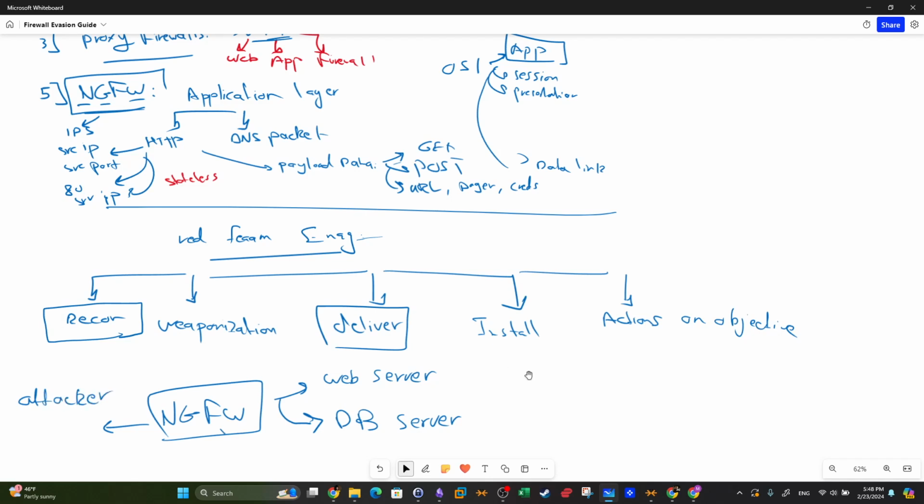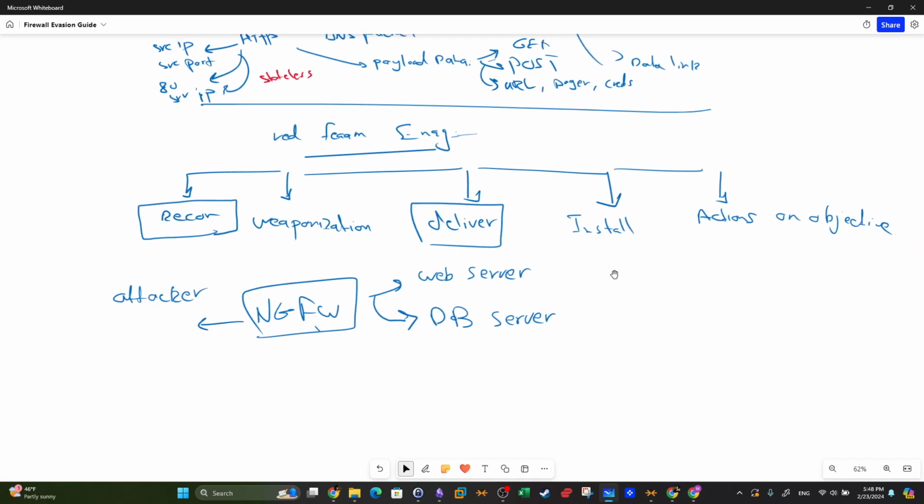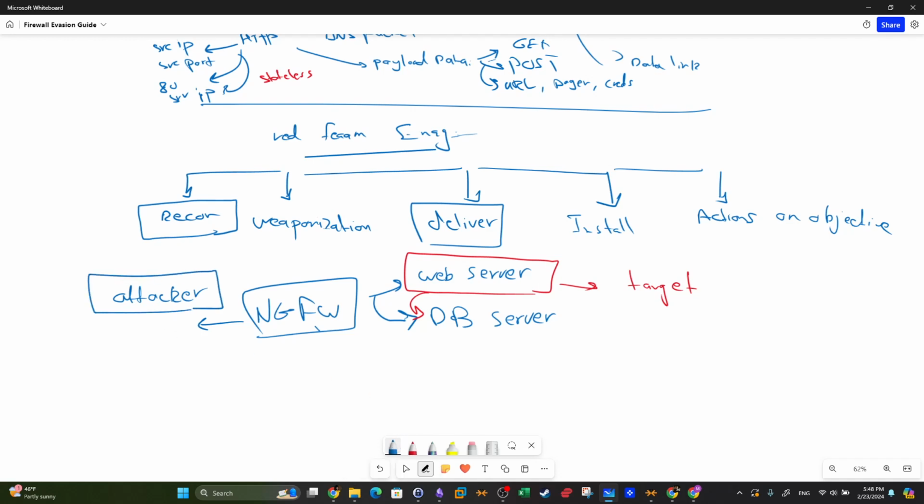Now, as an attacker, let's say your target here is the web server. We want to get access to the web server so that we can move laterally and exploit or gain access to the database server to download the database that holds all the enterprise data. So here, as an attacker, we start first with the recon,